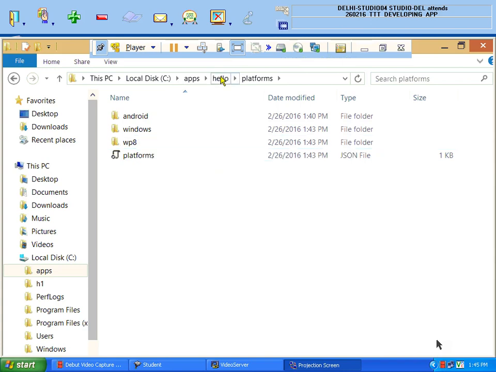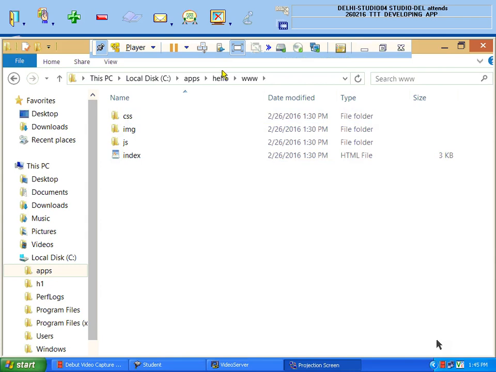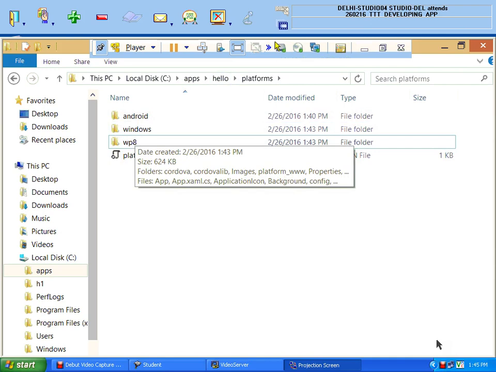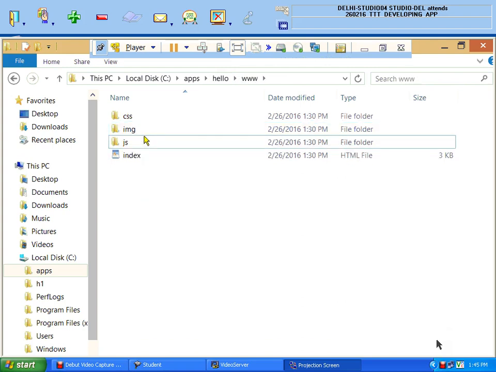So now what I do is, whatever coding I have to do, I will do only in the www folder. I will never need to go into the platforms folder, Android, Windows, WP8. I will only need to write all my code in the www folder, and when I build my app,